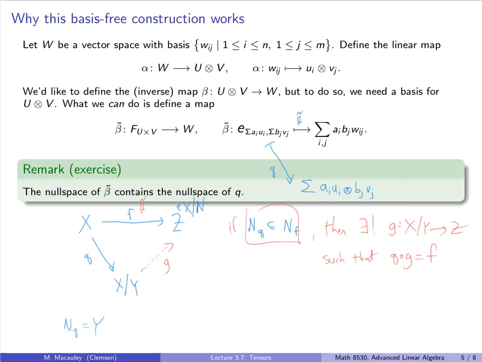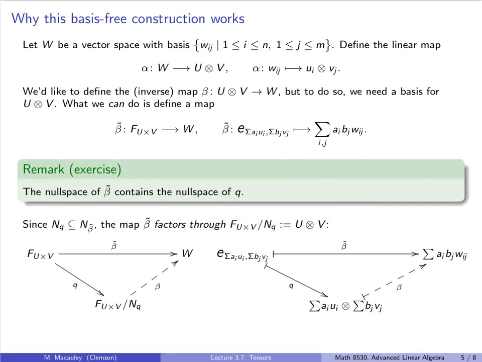So if we take any element down here, let's say X bar, where do we send X bar over in here? Well, we just pull it back to X over here, and then we apply this beta or this F map, and wherever it gets sent, that's where we have to send X bar down here. Here is a diagram of that. Since the null space of beta tilde contains the null space of Q, then this map beta tilde factors through the quotient. And remember, this quotient is U tensor V. And so that means that this element down here, which now